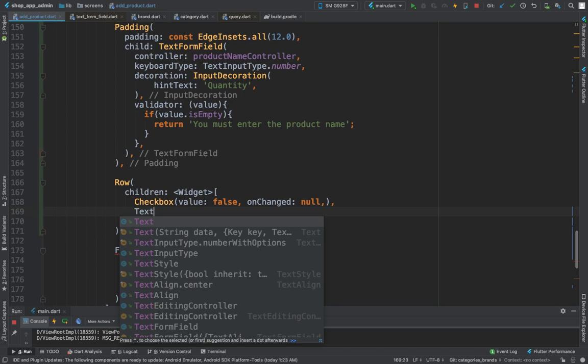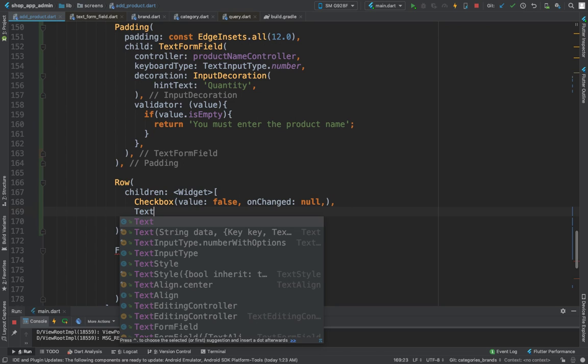And we may insert another one called XL. Let's run the app again. And while the app is running, here we have small, medium, large, extra small, and